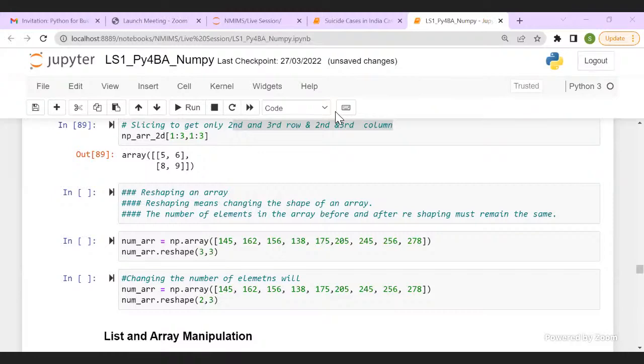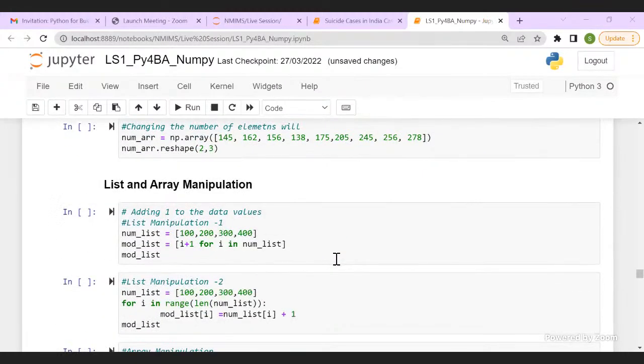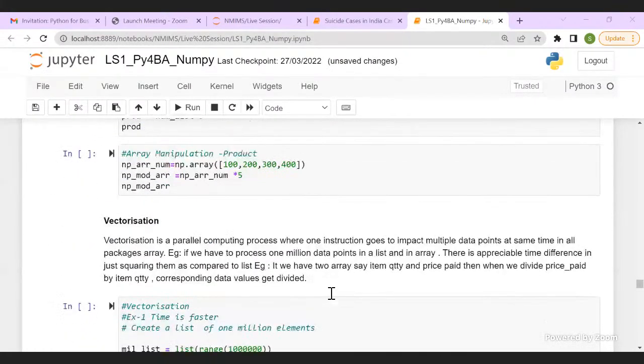Yes, Gautam, I want to continue further if it is all okay with you guys, because I have a lot more to cover. Since we have been answering a lot of questions, you guys are posing queries. It's very good, but the queries are taking time. So I have a lot more ground to cover.